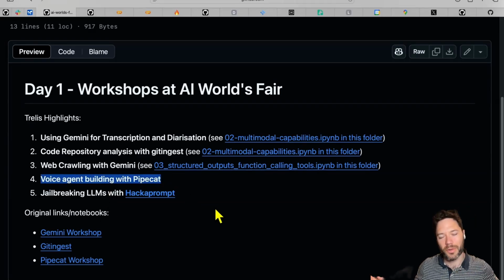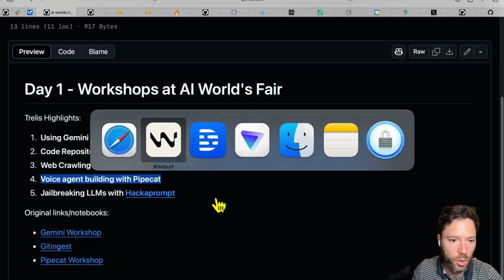The next one is building a voice agent with Pipecat. I feel kind of bad showing this demo because I'm not going to do justice to explaining how Pipecat works. I think it's a worthy video, and I hope to do one in the future. But it is a very useful tool for building conversational AI, and that's something a lot of businesses are interested in integrating. So I feel it's worth showing.